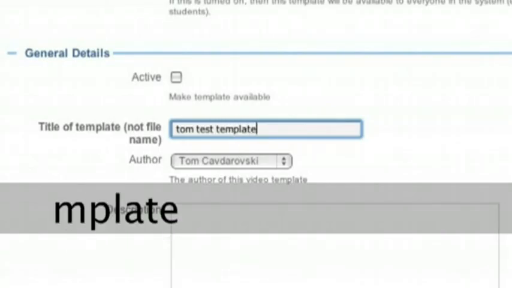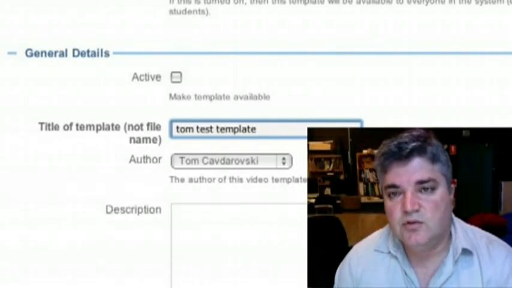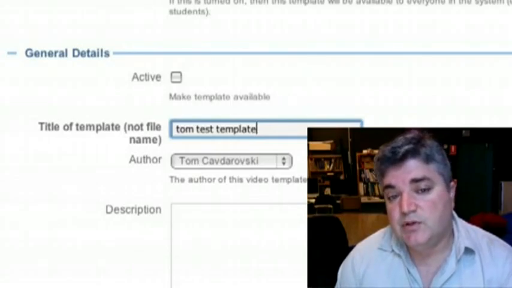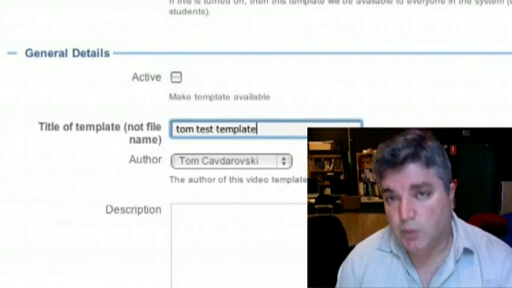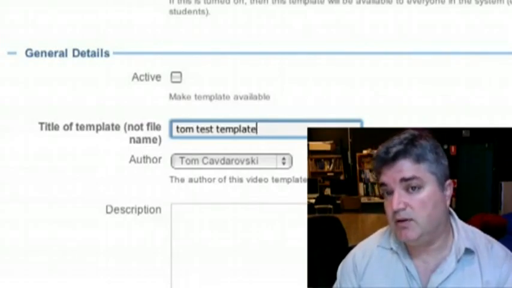Why this is repeated is that one of the designs of the system allows people to use UNSWTV in multiple ways. If you're a person who only ever wants to upload one video and you don't necessarily need to use an upload template,